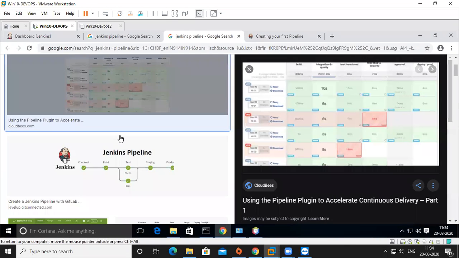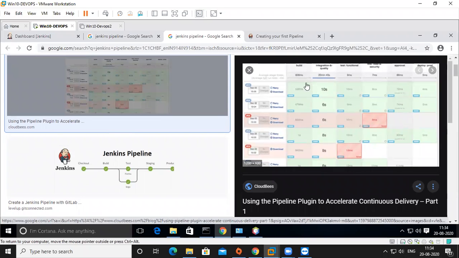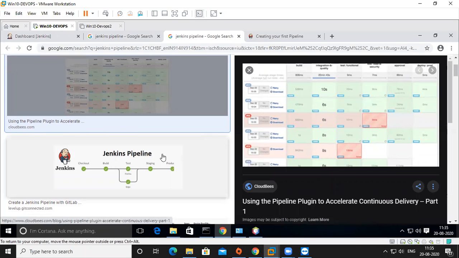Also, we can look at an explanation of different pipelines. If you see this picture, these are all different stages. I showed only two stages on my PC because I declared only two. But here it is build, integrated, quality, test, function. You can see different columns, and on whichever area you got a problem, you have to find it out and start working on it. Then you can finish it. For each stage we can understand what it is.